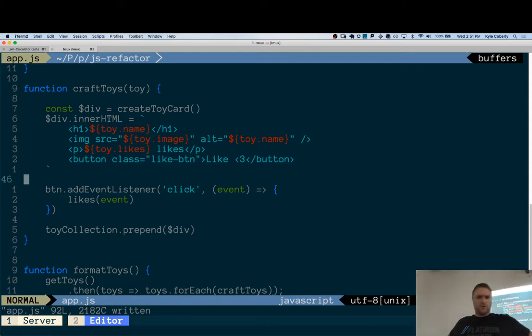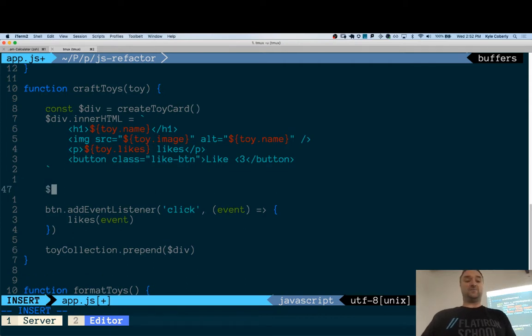So now what to do about this click listener? One way we could handle this, the challenge is that we're adding a click listener for every one of these that we make. I don't know if you've figured this out yet, but document isn't the only thing we can do query selector on. We can also do it on any element. So we can do div.querySelector button and get back the button. And then do add event listener